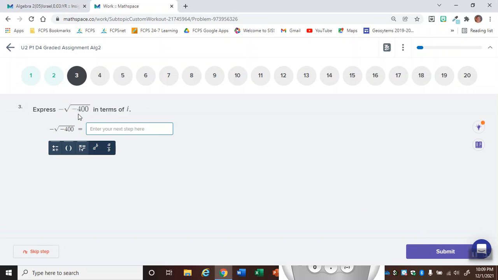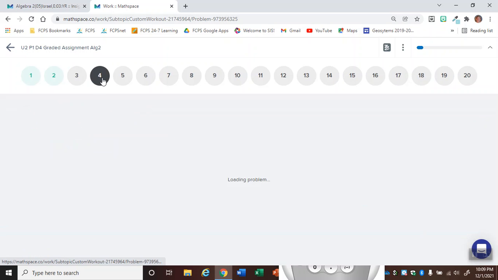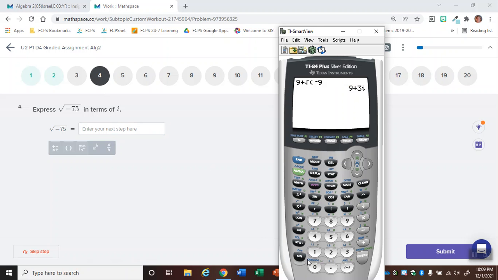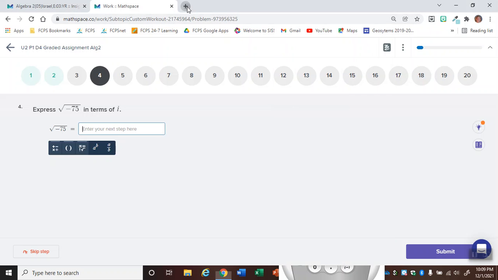All right, so again, just type this into your calculator. Oh, and then you end up with a decimal here, right? So if I do that, I'll do the square root of -75. And so I get this decimal, right? That's irrational. So what I have to do, remember, is you have to go to Desmos and do the 75